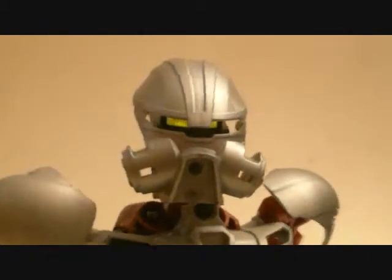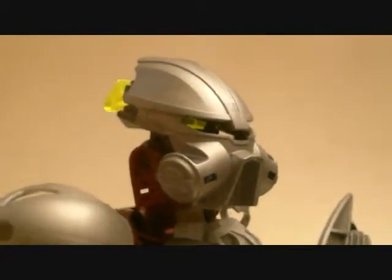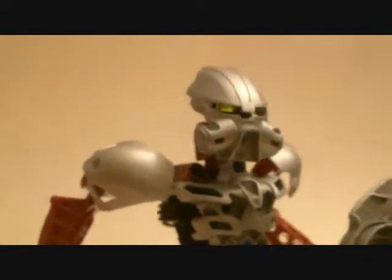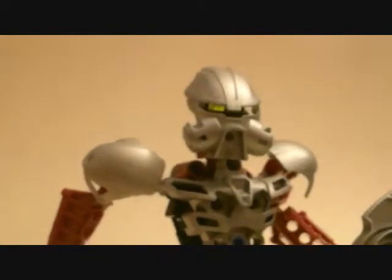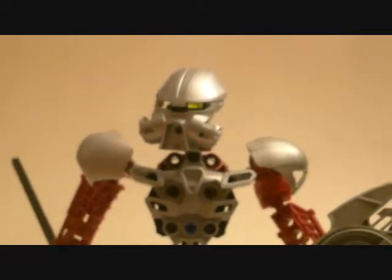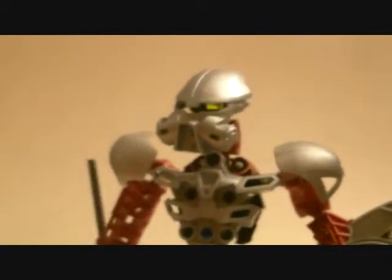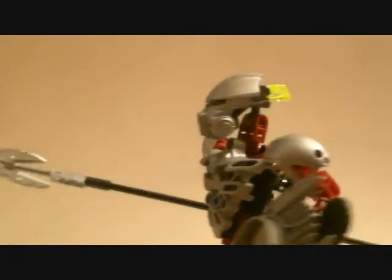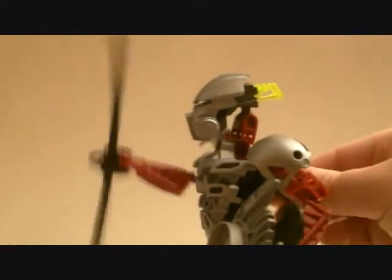Now, I've never had this mask before. This is brand new to me, and I just think it looks so cool. He also has the Toa Nuva armor pieces for his shoulders, and he has a much larger chest piece, which I think is amazing. He has the Matoran body piece for his chest piece. Once again, like all the others, he also has the whole spear function,